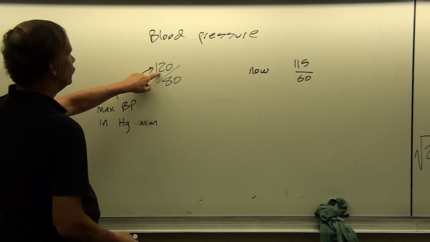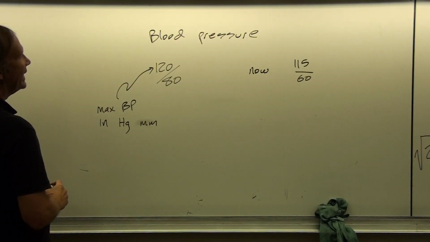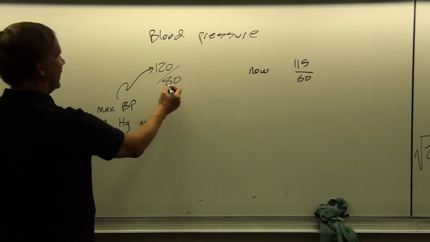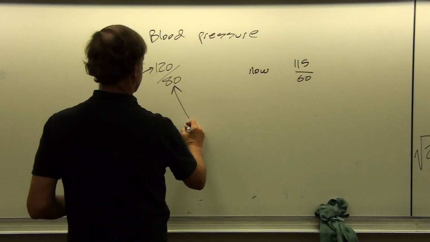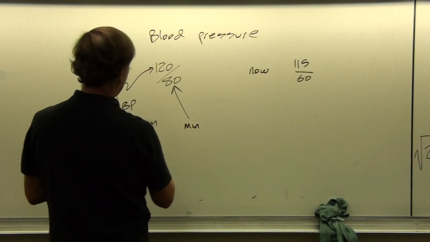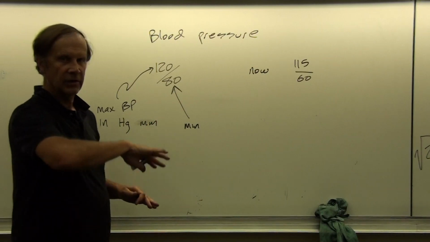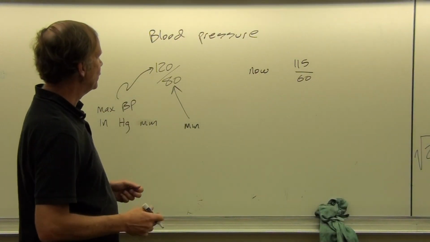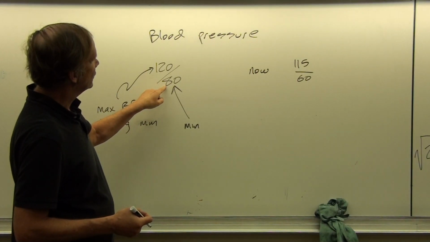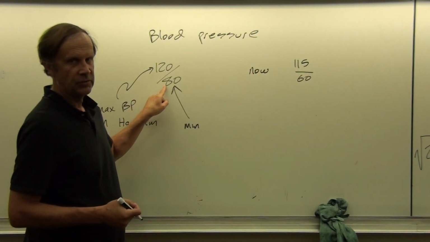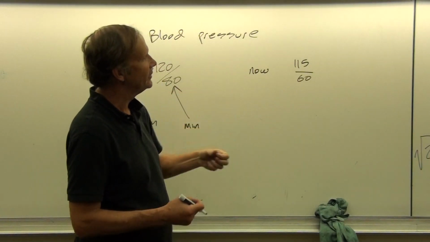So in other words, 120 millimeters of mercury is what we call our gauge pressure. And this is your minimum blood pressure during a stroke of your heart. So your heart beats and goes through a maximum and a minimum pressure. And so this is kind of your resting. Your arteries get to rest a little bit in between heartbeats. And so if this number is too high, then that means they don't get a chance to rest.